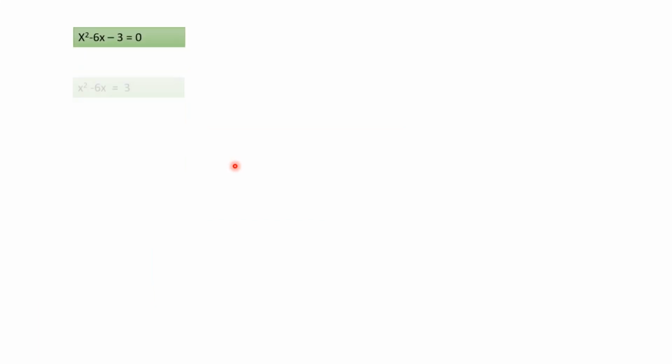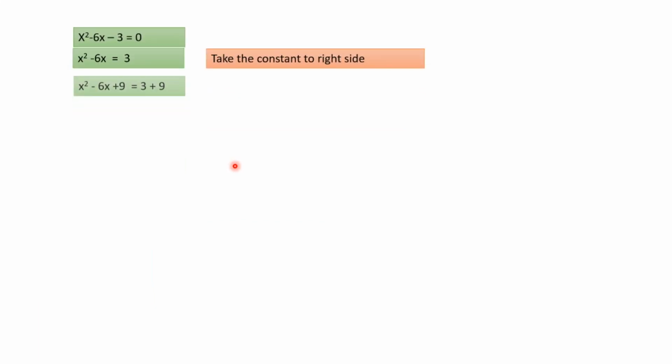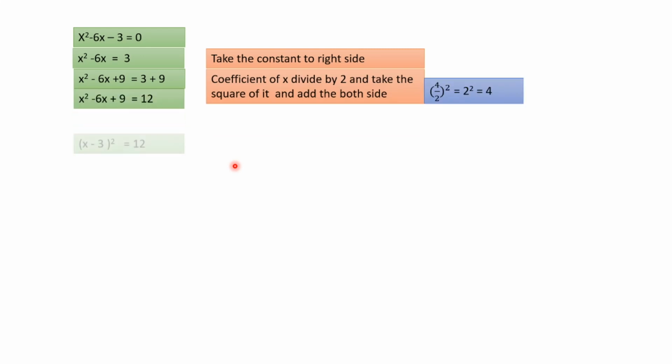Next one, same thing happening. Up to here you can do it, you know how to do it. You bring the other side and then get the front value of x. It should be 6. Incorrect here, incorrect. So you have to add 9 here. So you have to correct this part, and up to here you can do it.